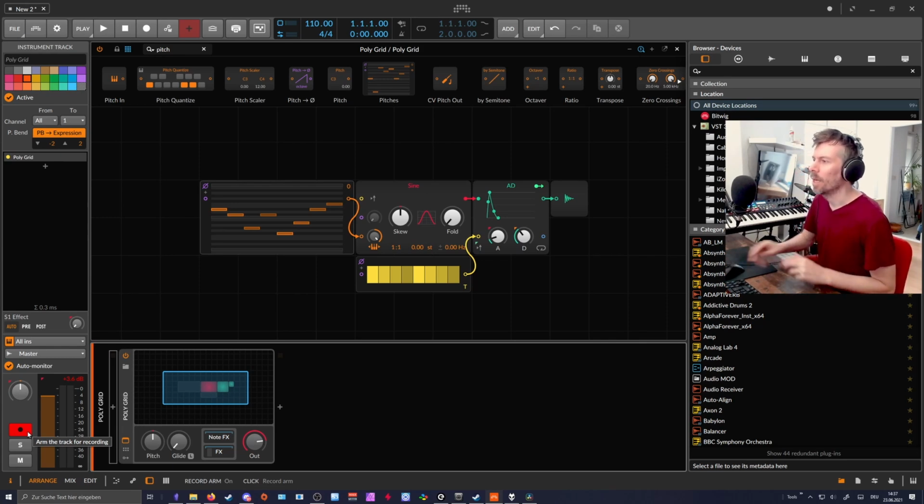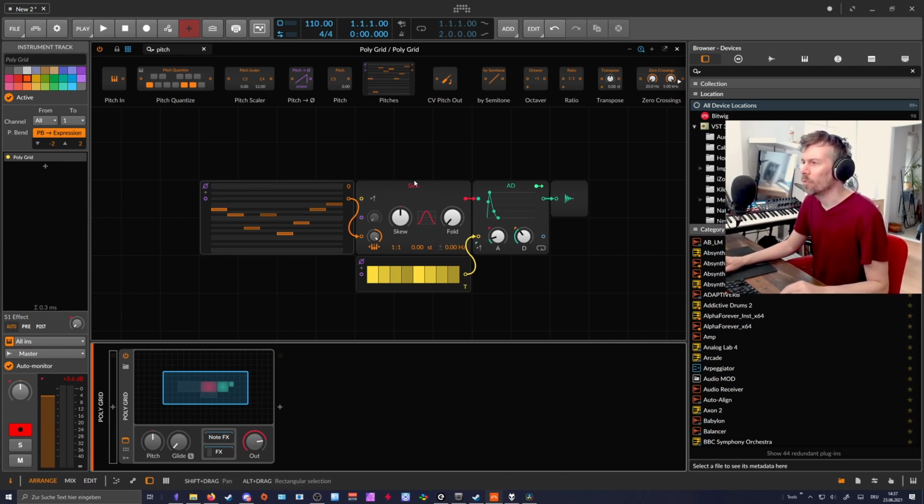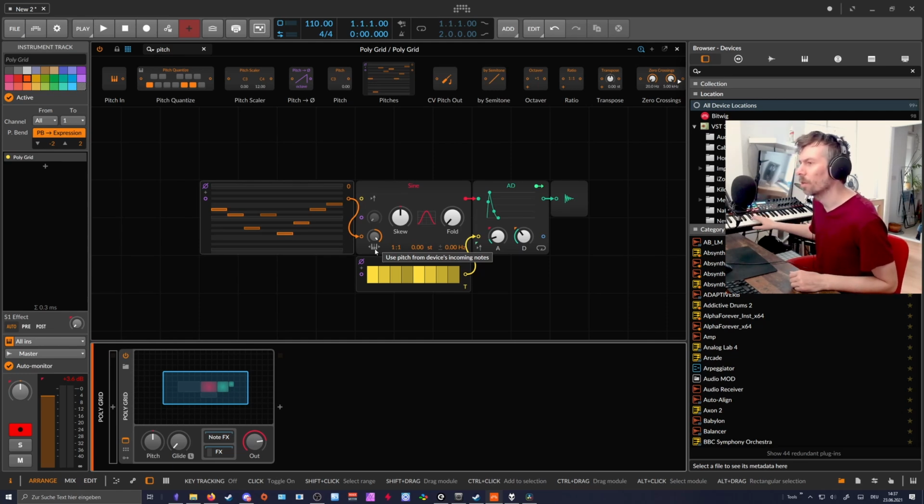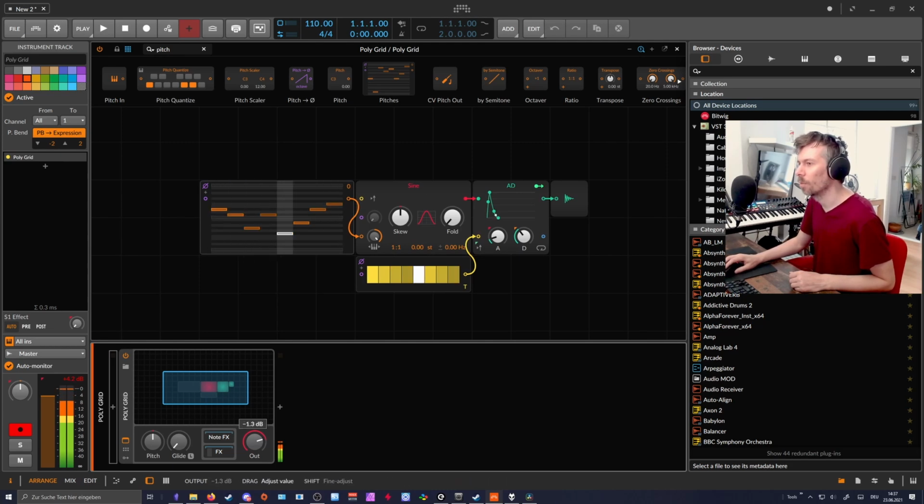It doesn't matter. And in this iteration of the grid, I think in the beta, I disabled here the pre-cord for the gates, and also when I disabled the pre-cords for the pitch input here, I can still trigger this grid, which should not be possible, but it's possible. I don't know if it's a bug or if I'm completely wrong. But when I press a key on the keyboard now, I can start this grid, at least with one voice. When I press the second key, now we have two voices running, but they're playing the same melody at the same speed and so on. So what we're trying to do is,